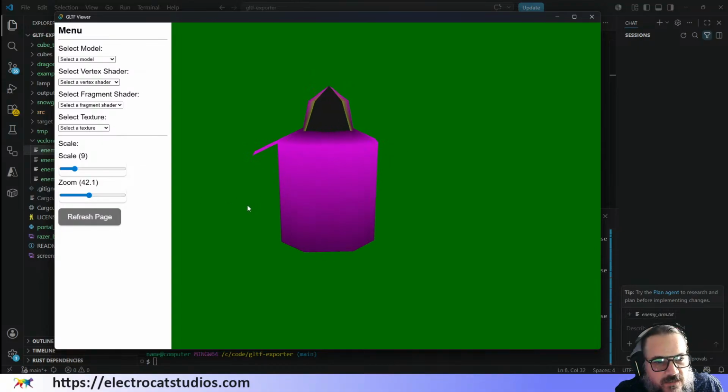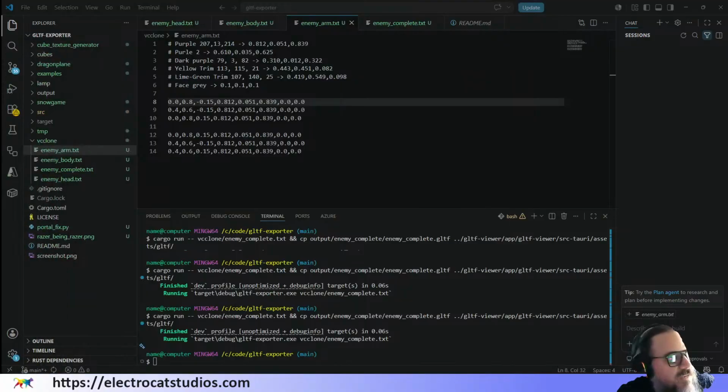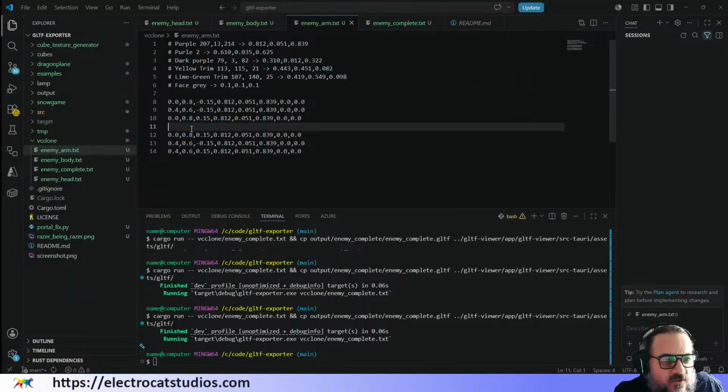Cool, that has done what I hoped it would do. We can maybe make the extremities, rather than being the dark purple, the slightly darker purple, which will help to give a bit of character to the